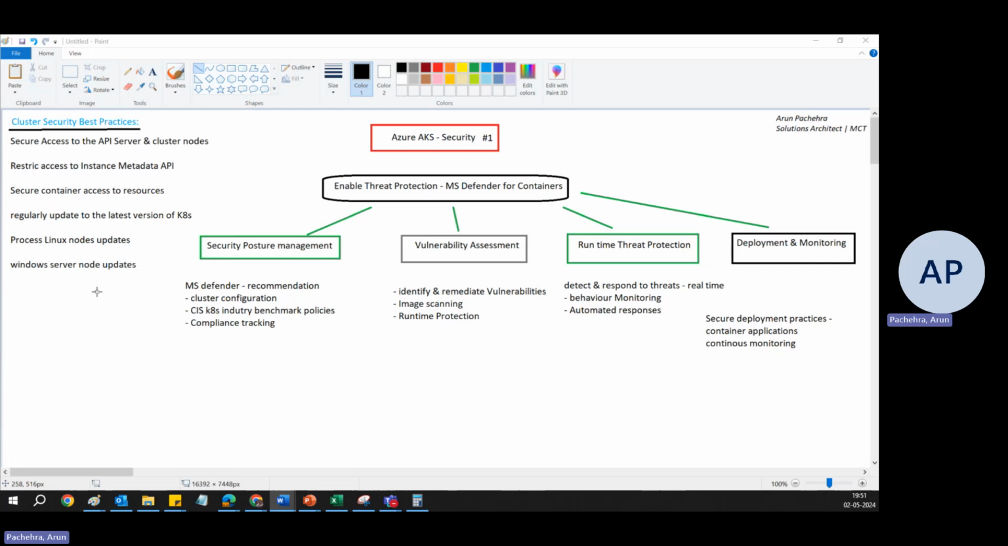And then we started digging deeper into each one of these, and we finished the first one, which is enable threat protection, which was MS Defender for containers. That's how you enable the threat protection. It helps in four domains we talked about: security posture management, vulnerability assessment, runtime threat protection, that is real time